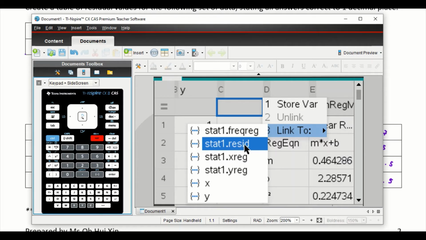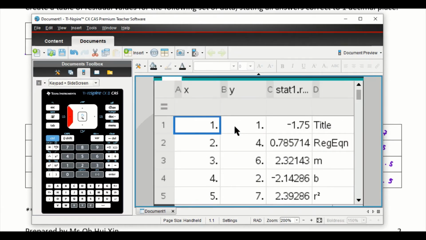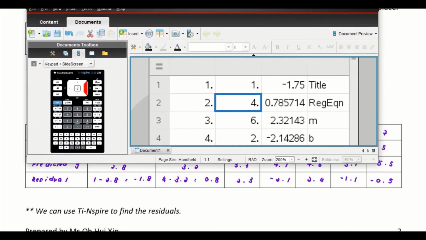So you just press enter, then you'll be getting all your residuals with your respective pairs. Which means for the pair of data (1, 1), the residual is negative 1.755. For the residual for (2, 4), it's 0.8. So that's why when you compare to the answer that we got just now,